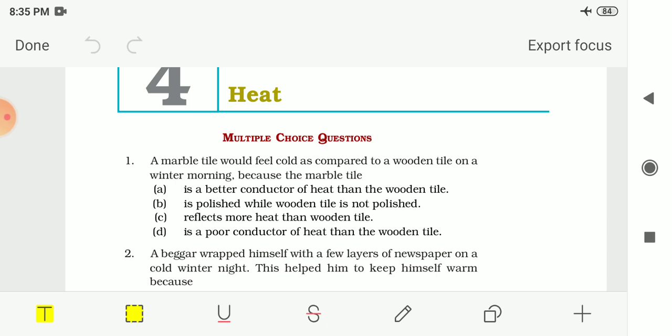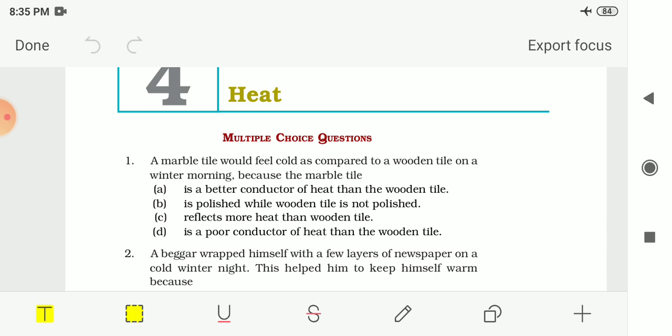Then we had seen some phenomena that we can observe in the daily life about this heat. So dark color objects absorb radiation better than the light color objects, and this is the reason why we feel more comfortable in light color clothes in the summer season, and woolen clothes keeps us warm during winter.